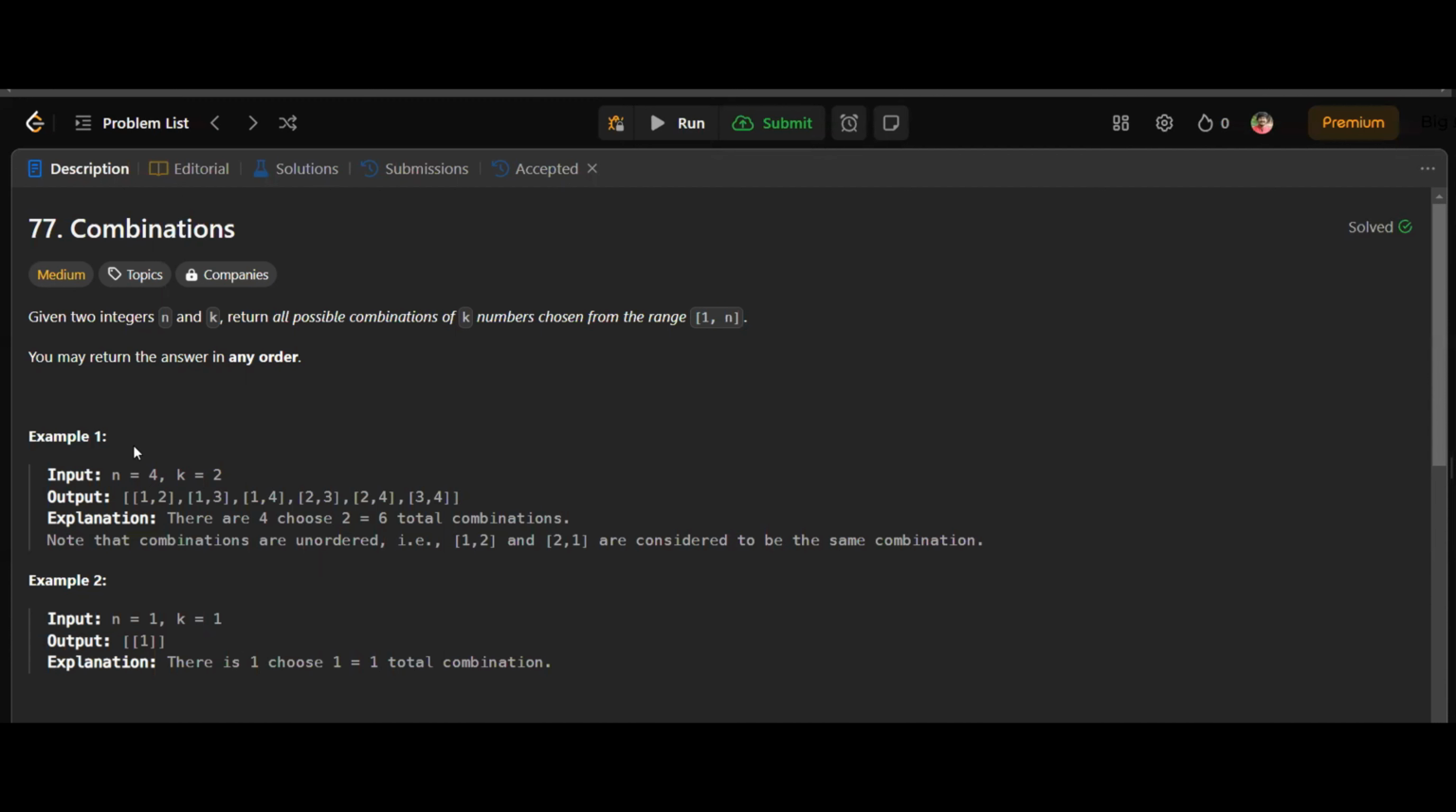Let's analyze the first example. In this example, n is 4. That means we are given four integers 1, 2, 3, and 4, and k is 2. So we have to pick two elements from the integer range to make the combination. So there are 6 possible combinations for this case, which is 1,2; 1,3; 1,4; 2,3; 2,